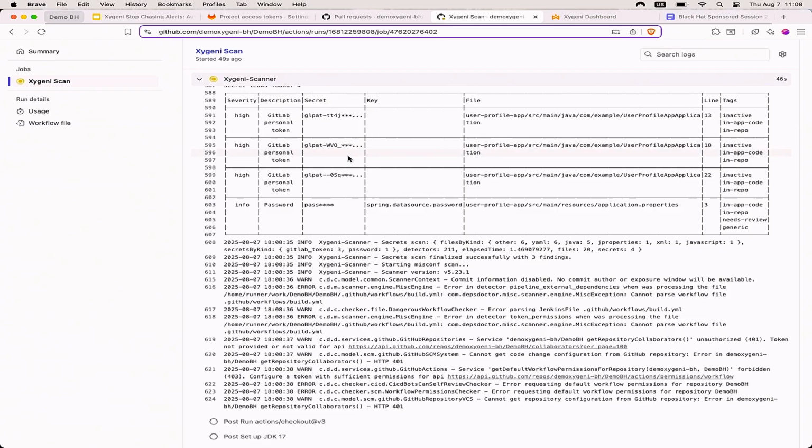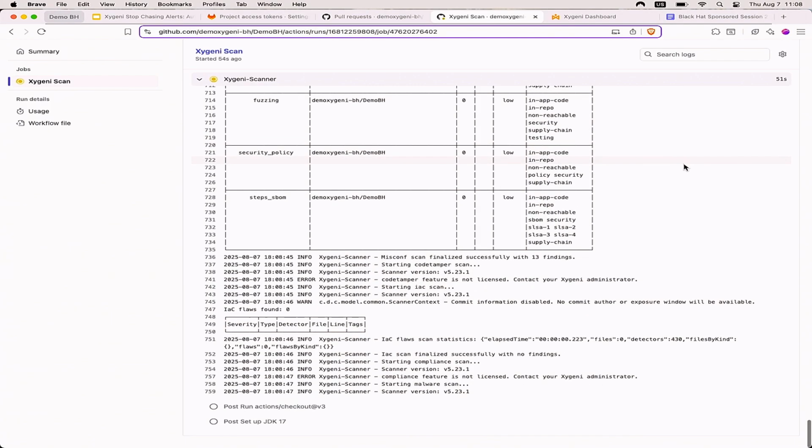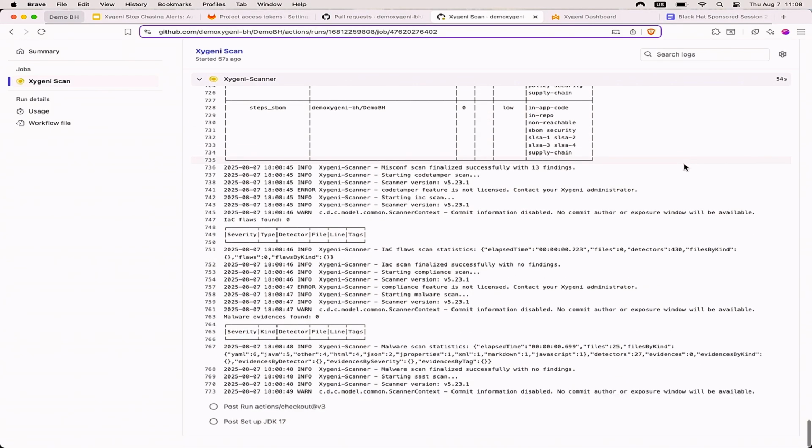We still detect the secrets, but actually they are inactive in all cases, so they are not exploitable. We are reducing the risks.